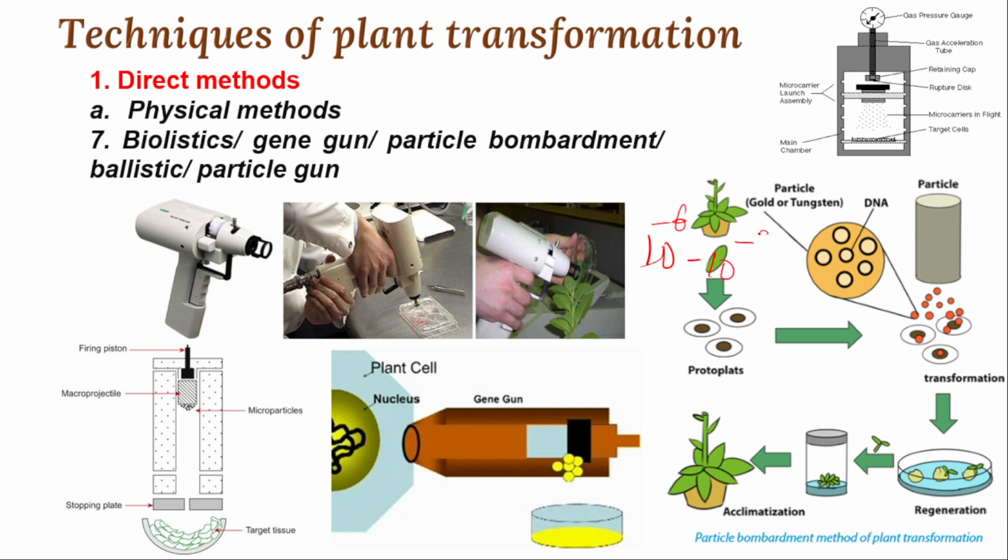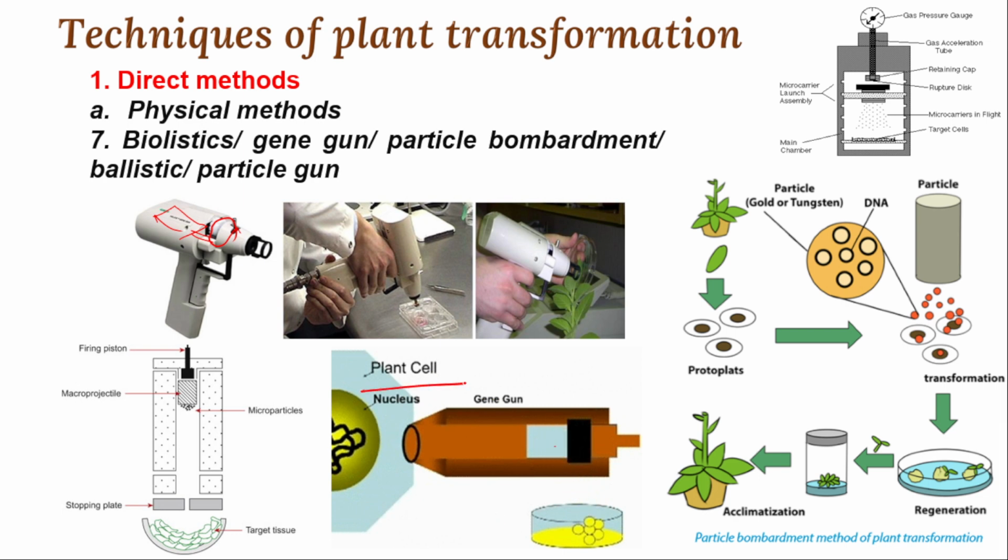That ranges from 10 to the power of minus 6 to minus 9 in size, gold nanoparticles or tungsten nanoparticles will be coated with the desired DNA. The desired DNA will be inserted in this chamber. And then whenever the gas chamber releases a gas at high pressure, what happens? You can observe that. So that will project the gold nanoparticle or tungsten nanoparticle into the nucleus or cytoplasm of